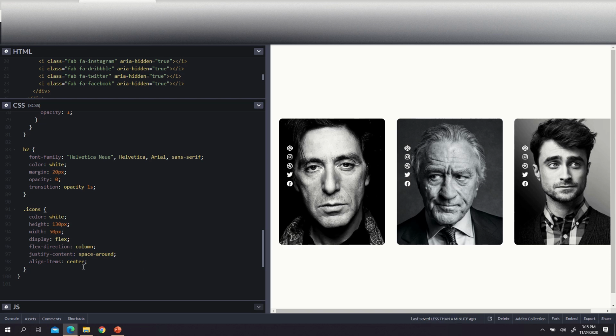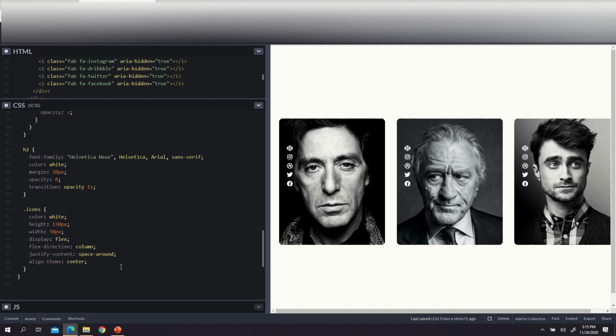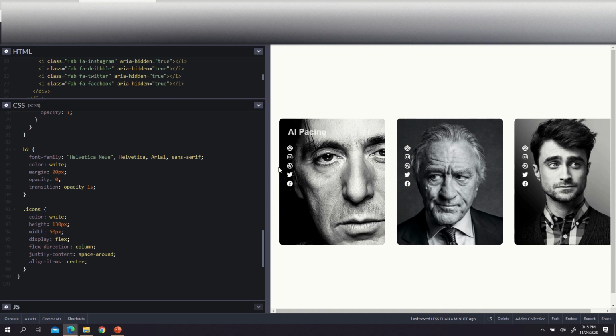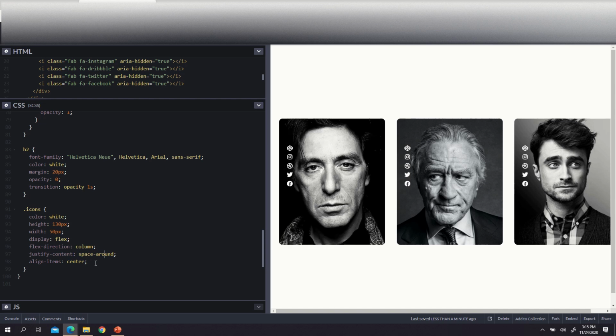Now it's right there. Okay, that's good, but I don't want the icons up at the top. I want the icons right here at the bottom. To do that, I can just have a position of absolute, so that I can absolutely position this one in the bottom corner right here. So to do that, I have to do position